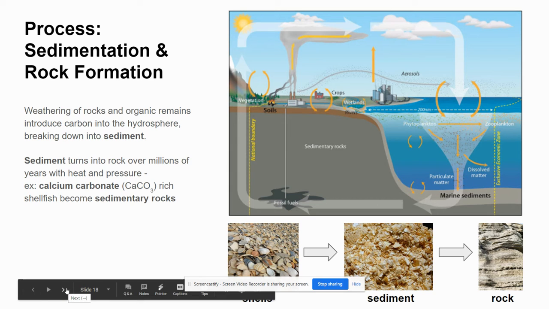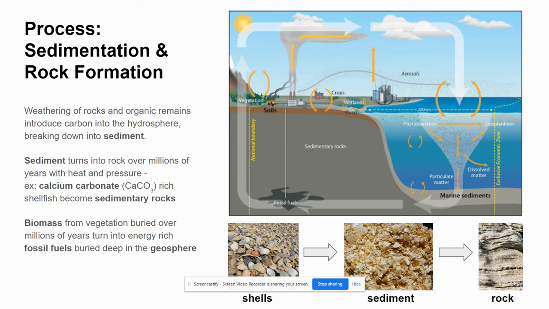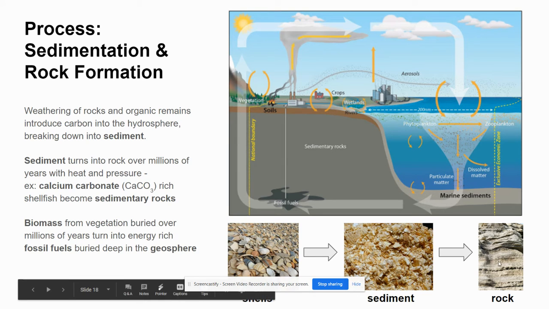For example, calcium carbonate, the rich shellfish, they get broken down. Here you can see the process, the breaking down of the shell in the fish in the hydrosphere, turning into the sediments, and over millions and millions of years, these sediments get mixed with the sand and the silt, and they get layered in the form of the rock, which you can see here is the limestone, rich in calcium carbonate. So biomass from the vegetation buried over millions of years turns into rich energy fossil fuel,